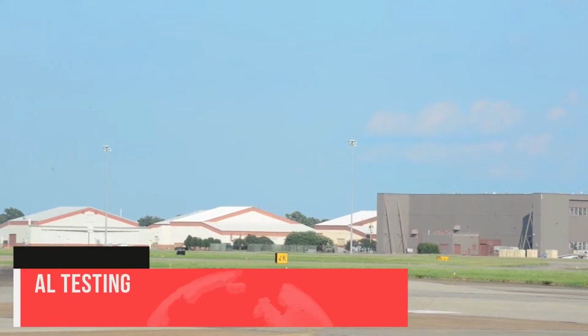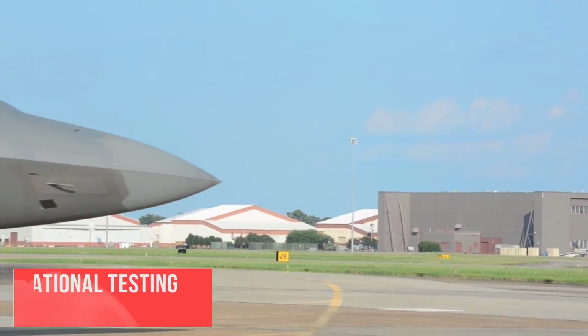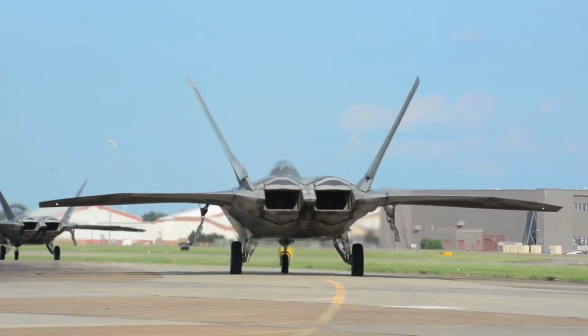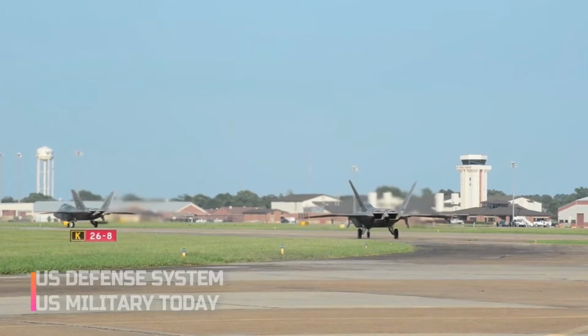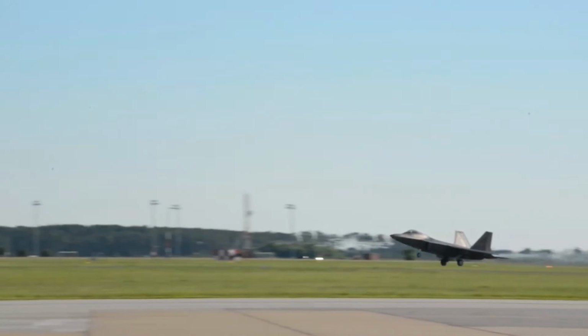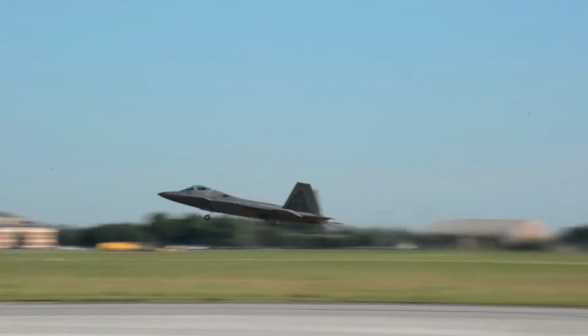Air Force F-22 conducts operational testing of new weapons tech. The Air Force is now conducting operational tests of new software and weapons technology for the F-22 designed to help modernize the stealth fighter and expand the range of weapons it is able to fire in combat, service and industry officials said. Air Force officials have told Scout Warrior that, by 2019, the service will begin upgrading F-22 functionality for